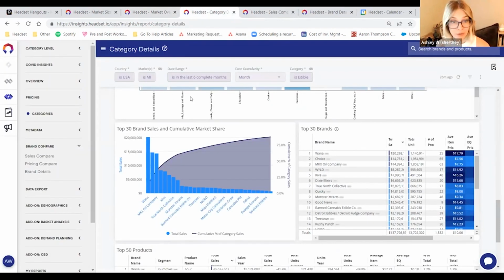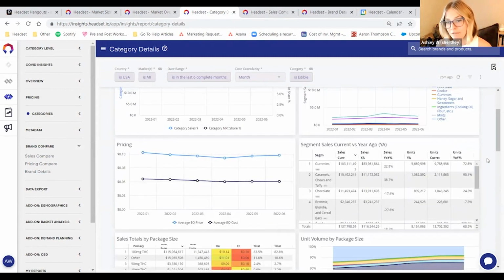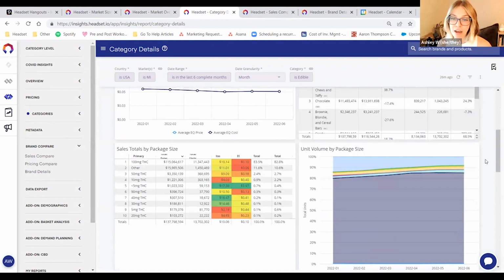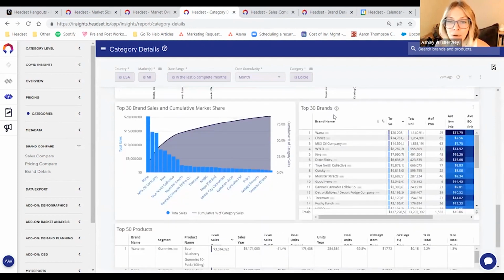Again, I've already preloaded this for Michigan for edibles. I'll flip this over, Lauren and Sophia, for you. There's a lot of great information on this dashboard. It's one of our most consumed dashboards to deep dive into a single category. But what I like to pull out from here for the sake of this is really looking at who those top 30 brands are. What we find in cannabis, and this is a little bit different depending on the category that you're looking at,